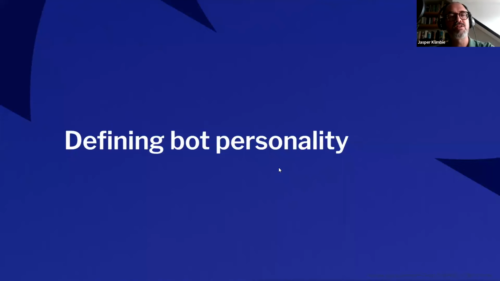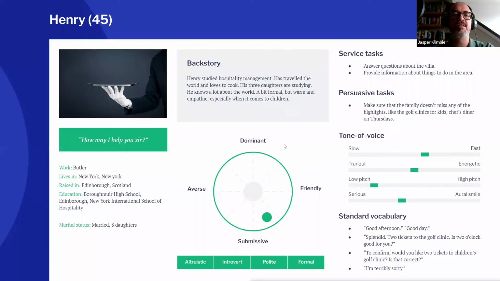So that brings us to defining our bot personality. In the course, there's a lot of work on this, and you'll probably recognize this persona sheet. When we work with clients, it's sometimes an uphill battle to get them to really do the backstory and all that good stuff. We find it really does help. So even if there's just one team member who says they'll do it,